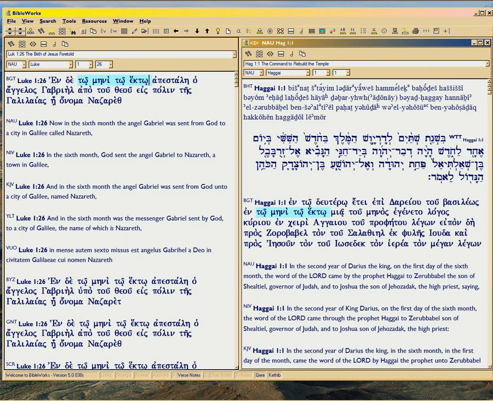There happen to be a lot more connections between Luke 1 and Haggai than I had said. But let's start at the beginning so that you can see our little smoking gun. You'll notice on the left-hand side, highlighted in blue, tomene toi. I'm not saying it right. It's like 5 o'clock in the morning. I haven't gone to sleep yet. Toi mene toi hekto. Same phrase that's in Luke 1:26 is highlighted in Haggai 1:1.